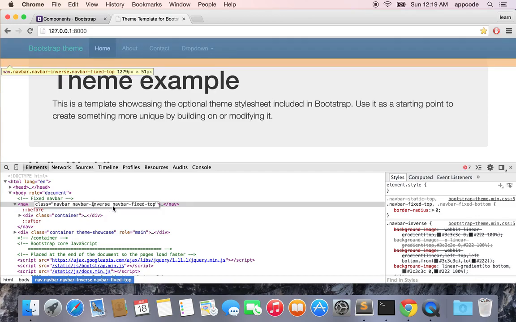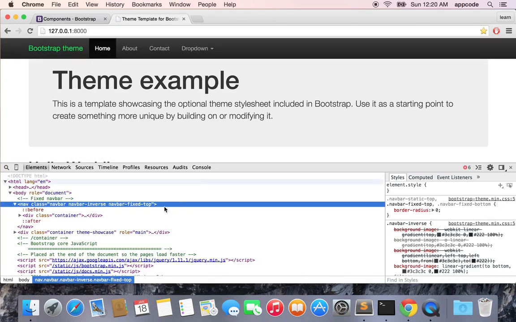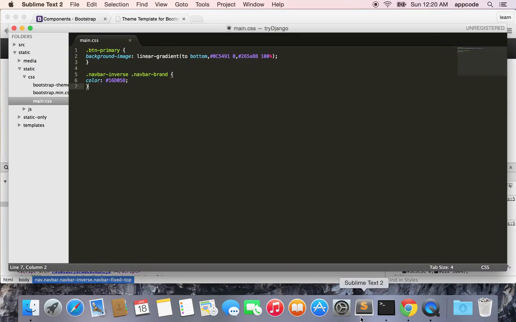Navbar-inverse navbar-fixed-top, and instead of inverse, just as the documentation showed, change it to navbar-default, and hit enter. And you can see now the navbar is white. So to make this change permanent, because if we refresh, it'll just go back to navbar-inverse, open Sublime Text,